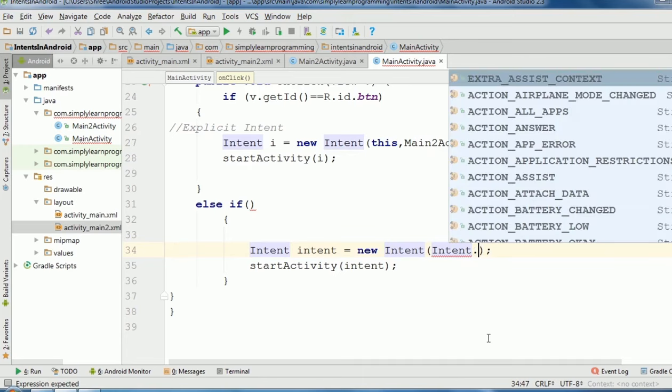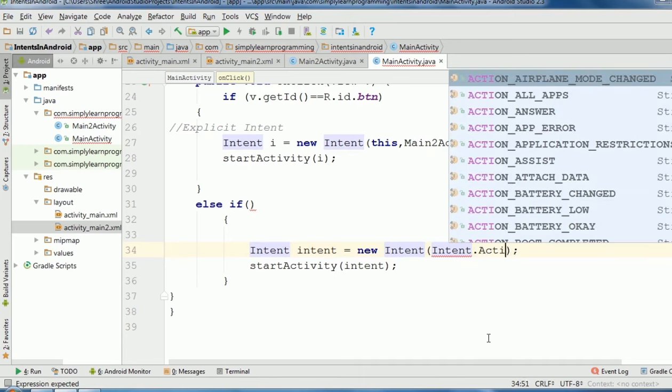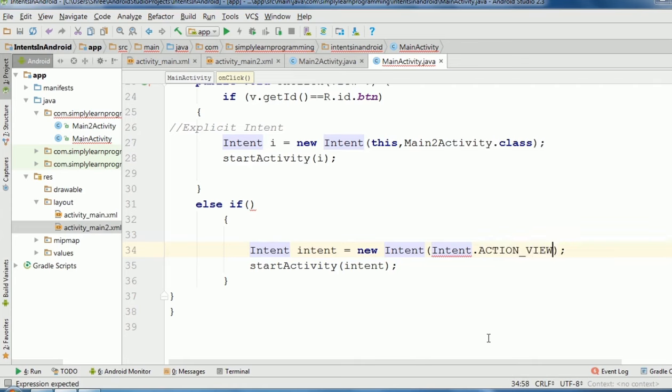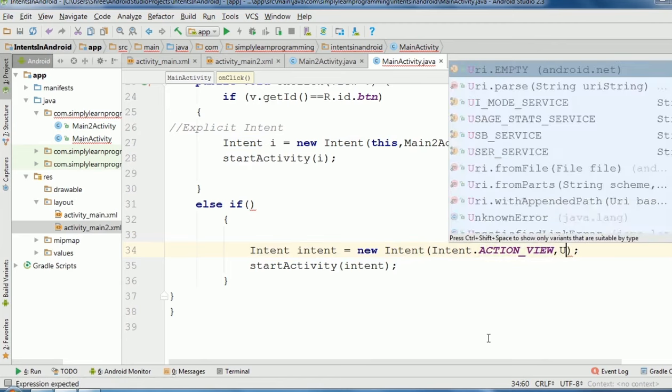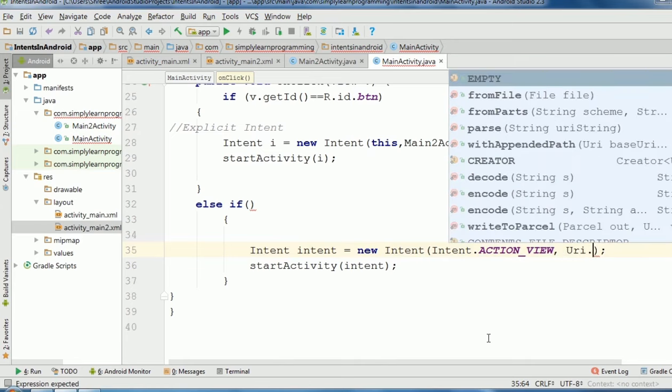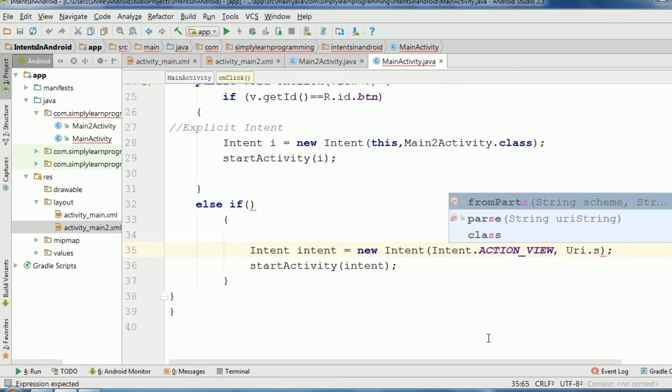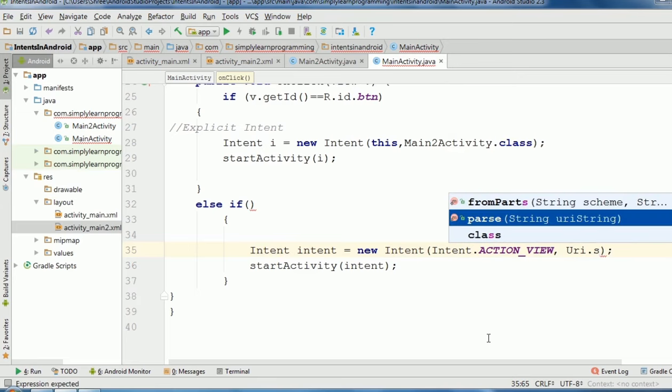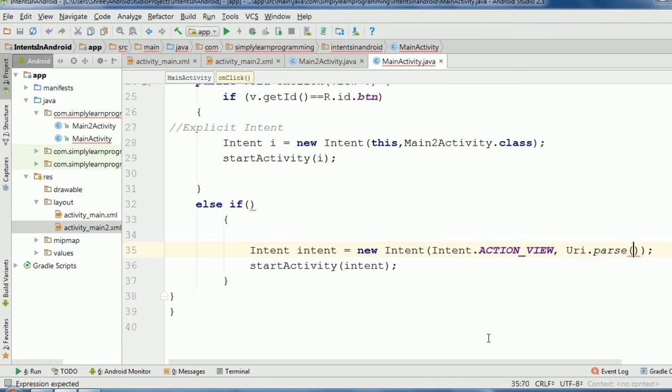So Intent.ACTION_VIEW, ACTION_VIEW is the constant which is used to display the data to the user, and second is the Uri.parse method, and in the parse method we pass the URL of the website that we want to open.